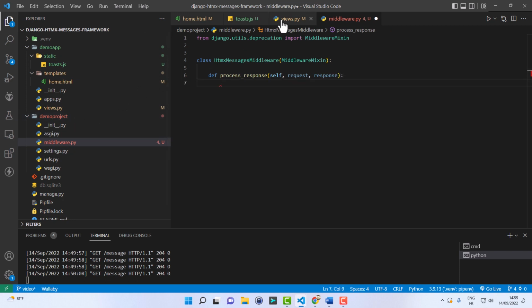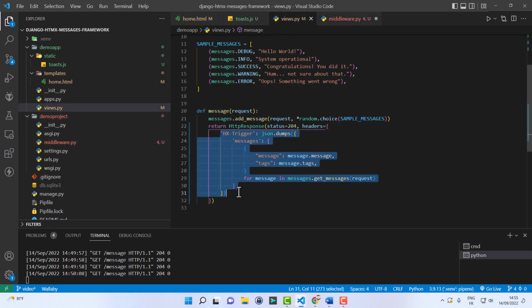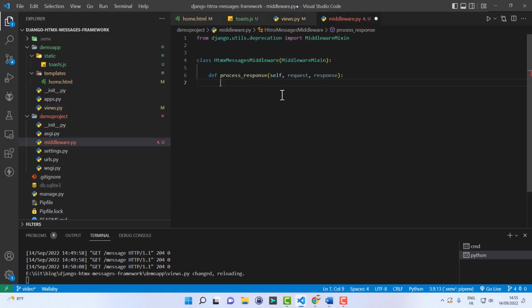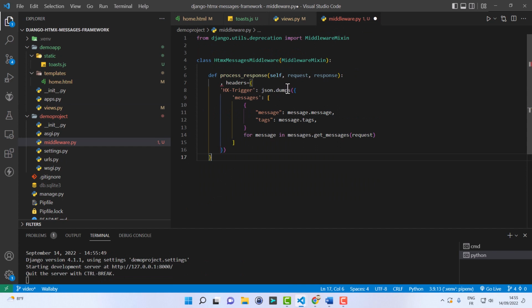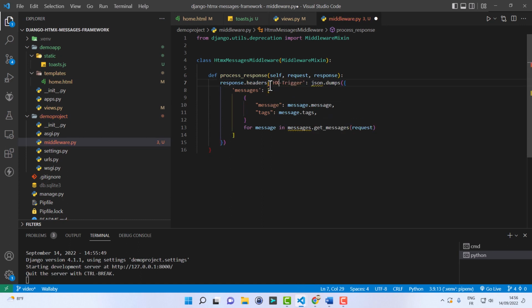Now let me take the code that we have here to set the header and put it in the middleware. So let's do just that. Request dot head, no, not request, response.headers, HX-Trigger, and we assign it to this JSON string.